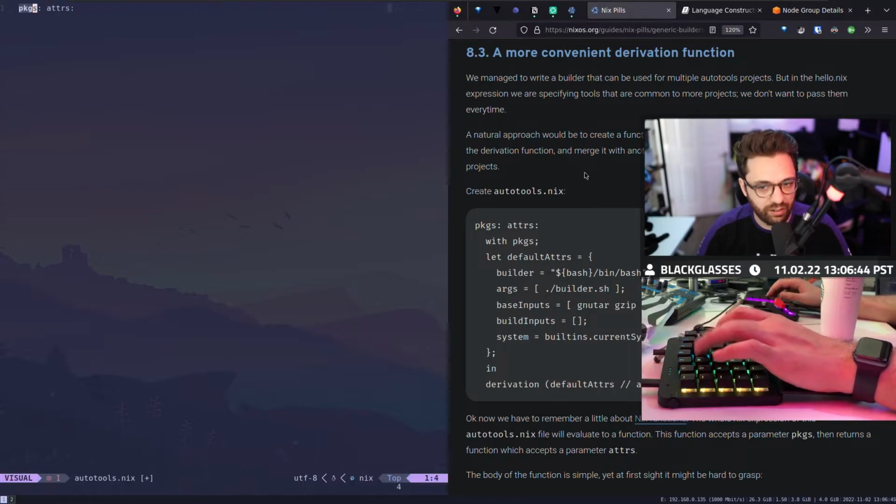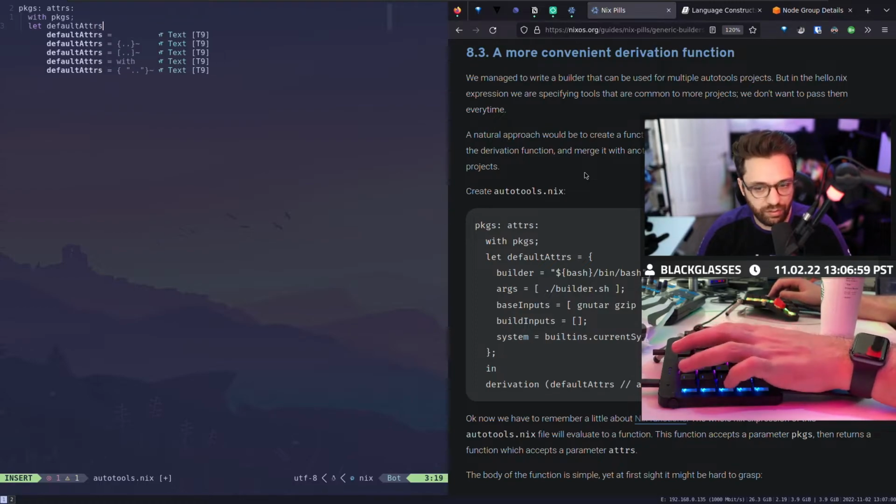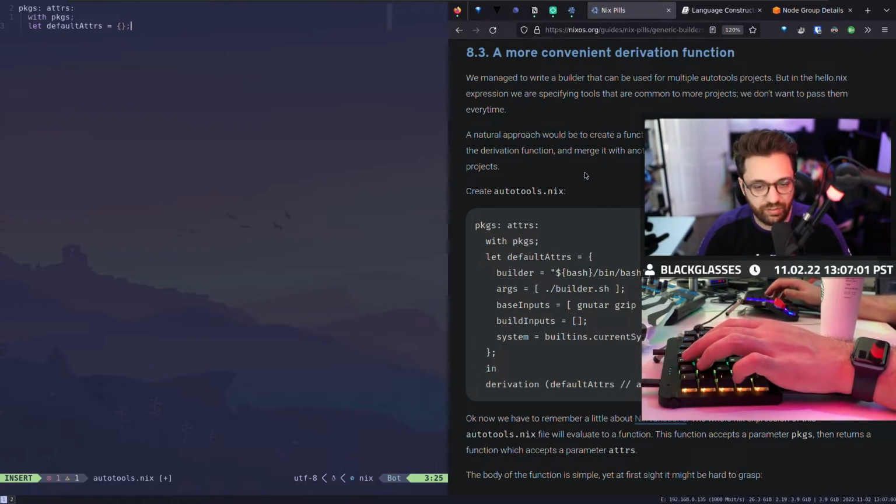So I'm getting packages and ATTRs, and then I'm saying with packages. At this point I'm actually using the parameter that I'm passing. And then let default attributes. So we're going to set a list of default attributes.